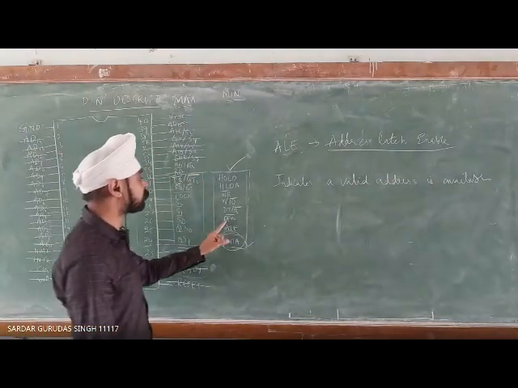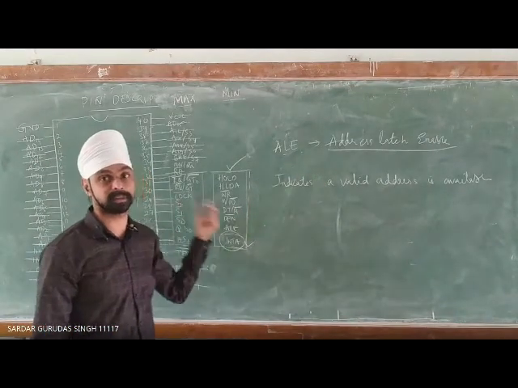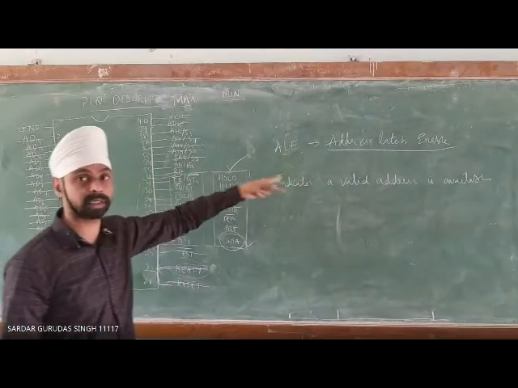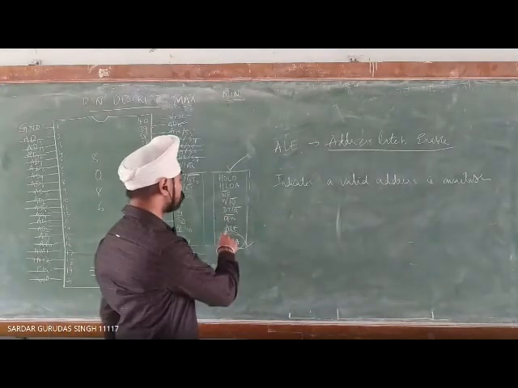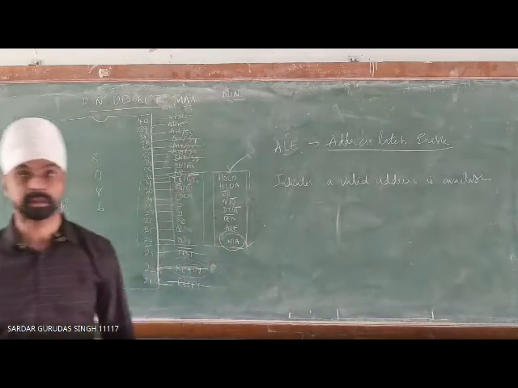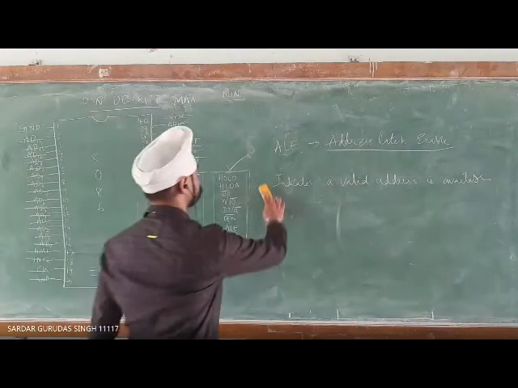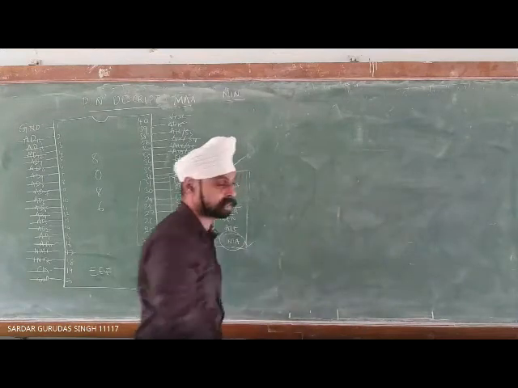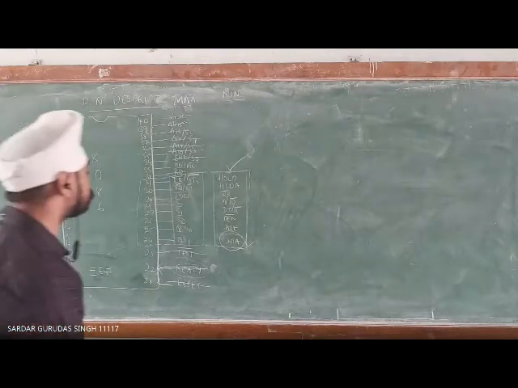In the same way, DEN bar is also used to demultiplex the data from the address bus. Okay, to demultiplex the address, ALE, to demultiplex the data, DEN. Both are the same. ALE, address is demultiplexed, DEN, data is demultiplexed. Okay, so these two pins work in the same way, but on two different things, address and data.